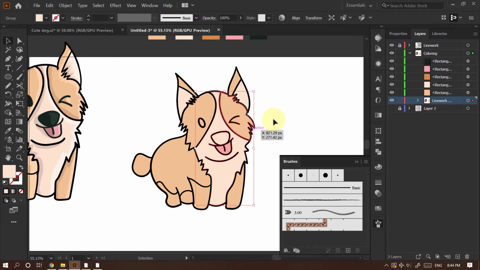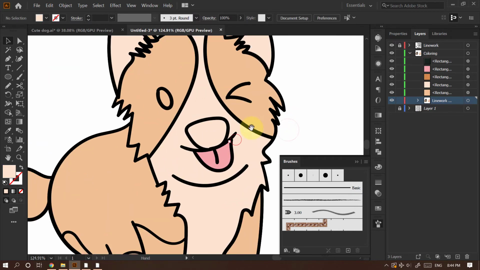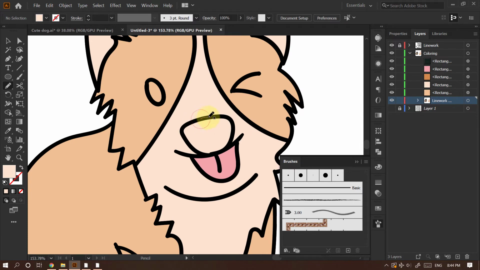So our coloring part is almost done. Just the nose and our eye are left.